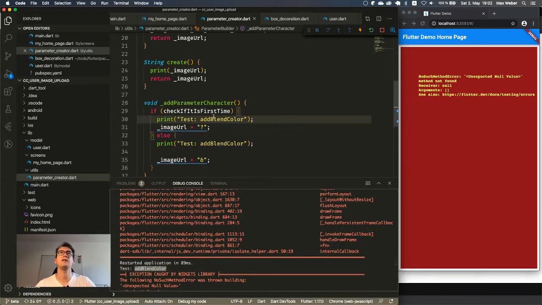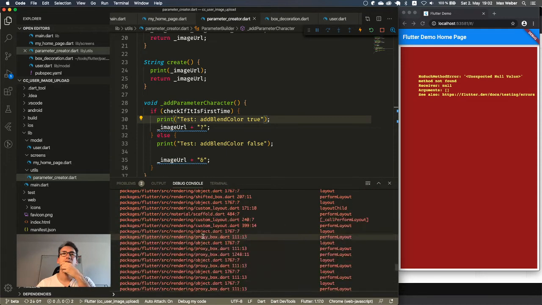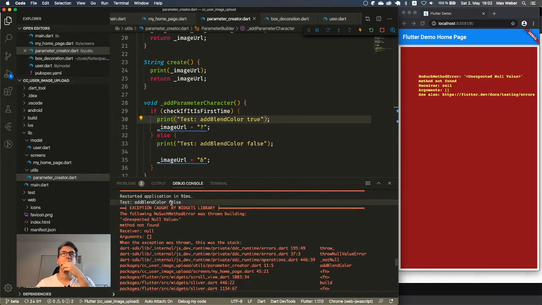Add blend color, that works too. Let's have here true and false, and here we have true. Let's see what happens. We get the false one, so this is happening. And then we get no such error.